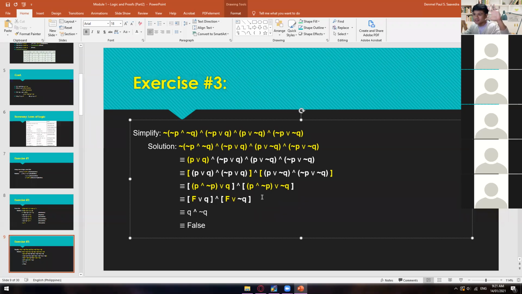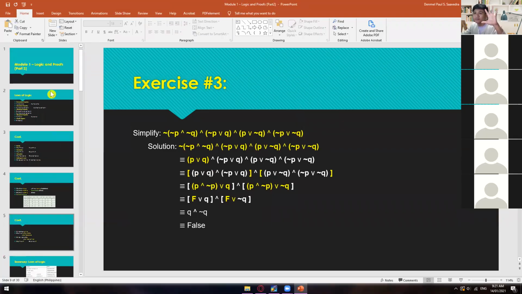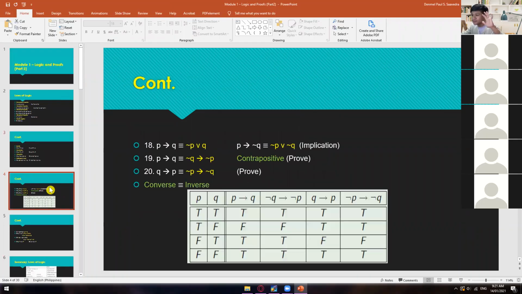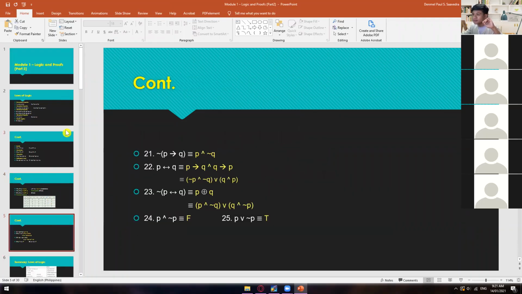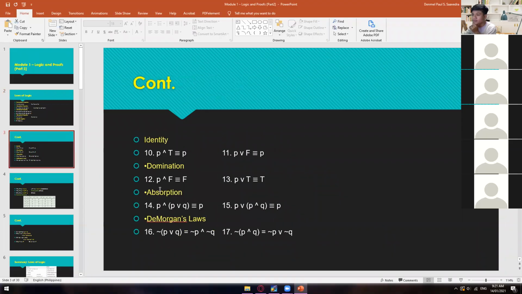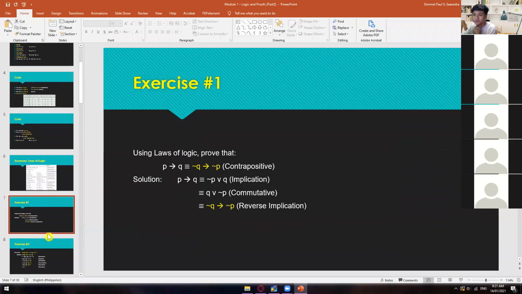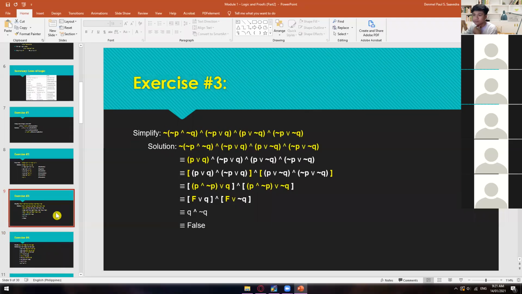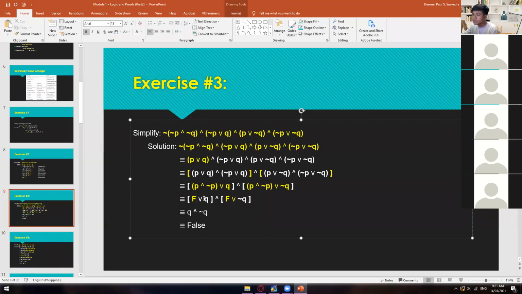Clear, sir. Okay? And then from here, gumamit tayo ng, anong tawag dito? May tawag ba tayo dyan? Not P, idempotent. Hindi naman siya idempotent. Domination. Domination or identity. Okay. Since dito, so dito, kung papansinin nyo,